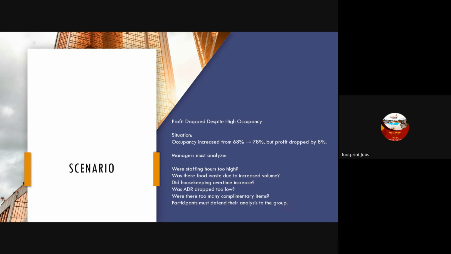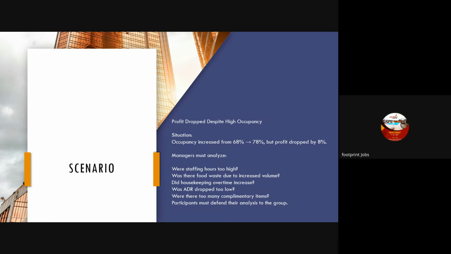This scenario is supposed to be acted out. It says here, profit dropped despite high occupancy. So this is the situation. Occupancy increased from 68% to 78%. That's a 10% increment in occupancy, but profit dropped by 8%. So occupancy has increased by 10%, but profit has dropped. Number one, managers must analyze where staffing hours were too high. Number two, was it due to increased volume? Number three, did housekeeping overtime increase? Now, number four,